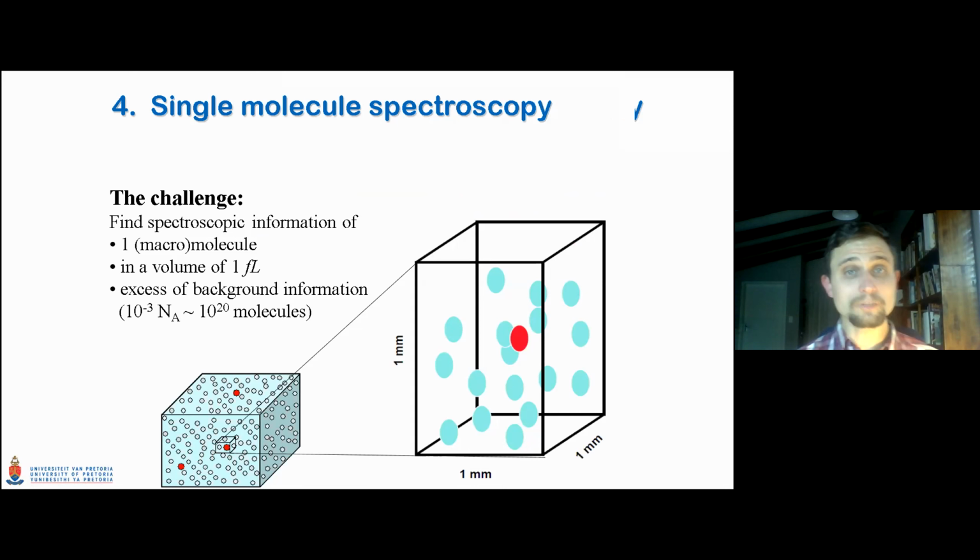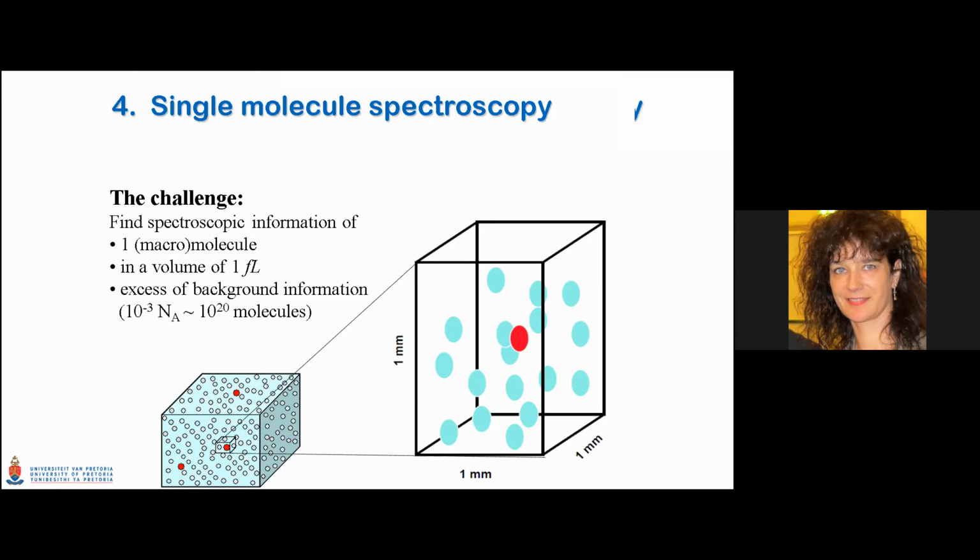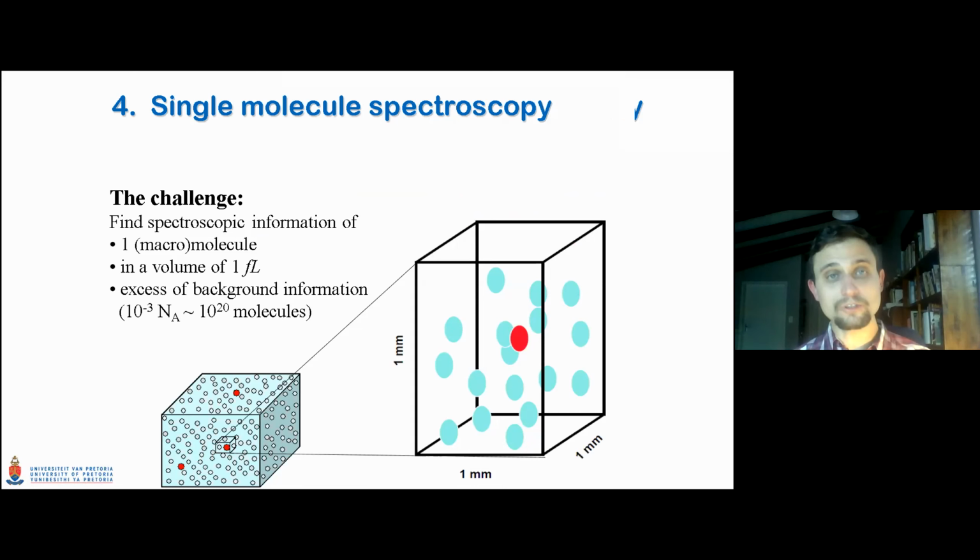Single molecule spectroscopy is the technique where you want to do spectroscopy on single molecules, mostly biological molecules. Because of the dynamics of these systems, a lot of this dynamics is averaged out in an ensemble. But if you can investigate these molecules one at a time, you can get access to the full dynamic range of these systems, so you can extract a lot more information about them.